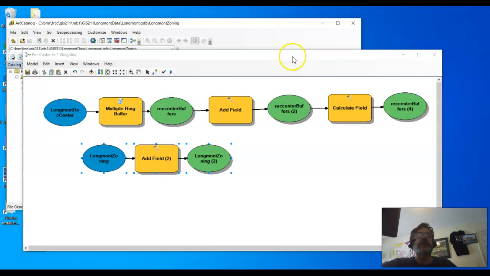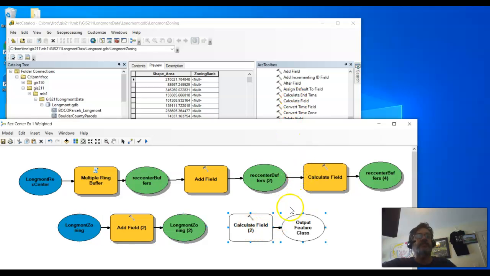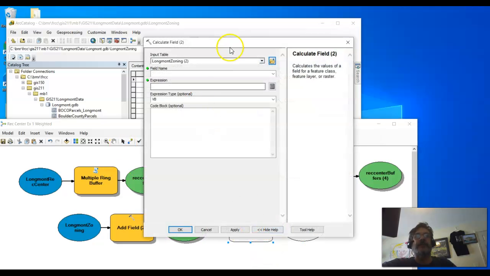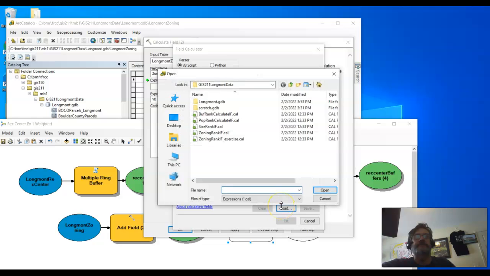Oh, there it is. Grab our calculate tool, which is in data management fields, calculate field. So you see it's the same tool as before. This time we're going to use this as the input table, and double click on it, and again we want to tell it we want to populate zoning rank, and we want to use the zoning rank if